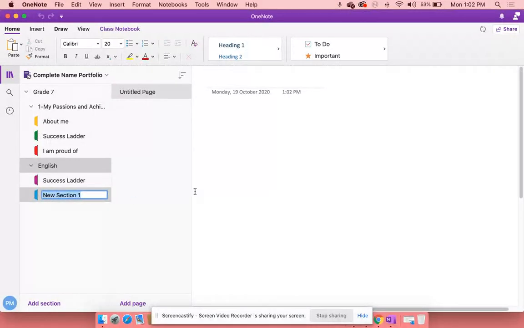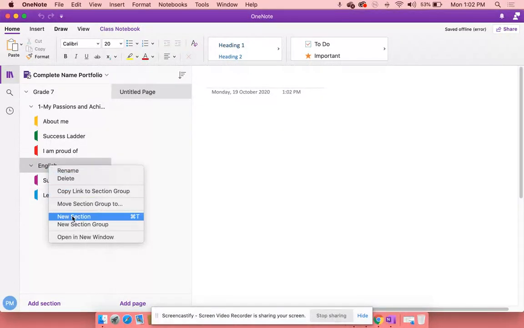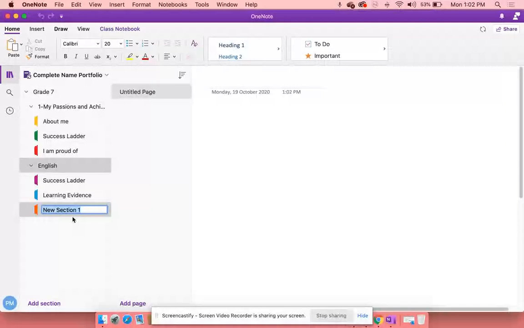Within English, you have, say, learning evidence, and I'll talk about the pages later. And then create another new section, and the next one is I am proud of. Okay? These are the three sections here.